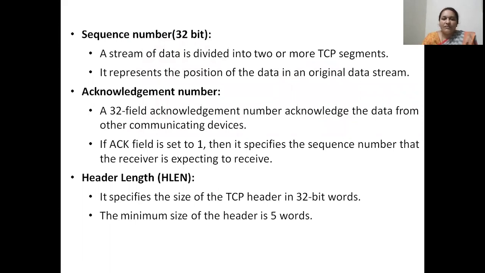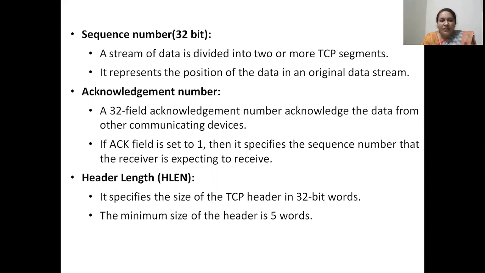The sequence number field of 32 bits represents the position of the data in the original message. So a stream or message is divided into one or more TCP segments by the transport layer, the transmission control protocol. So in these segments, the segments are numbered. The individual segments are numbered not to indicate their positions in the original message. So this sequence number of the particular data segment which is currently being sent is indicated by the sequence number